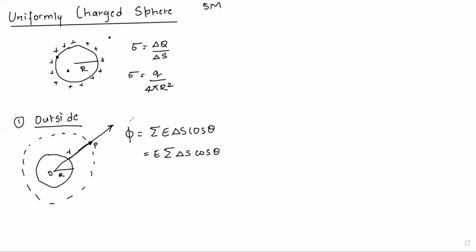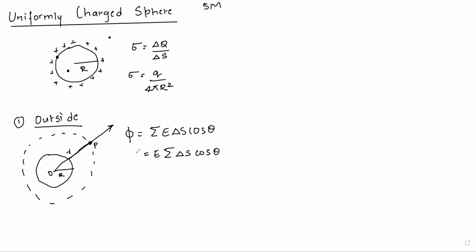We have learned about this in the first chapter. If you have confusion in this, please go to the videos of the first chapter and you will understand, because I'm taking all these important terms directly. I said the direction of the normal and the electric field are in the same direction, therefore I am taking cos theta accordingly. But this concept I have explained in the earlier videos. If you have confusion, please refer to the earlier videos.